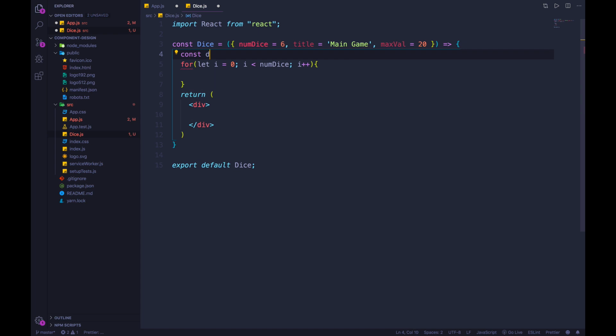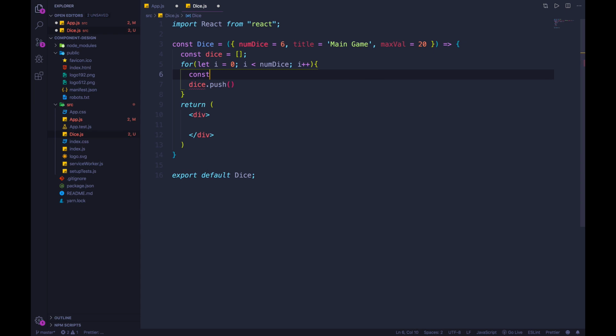What should I call this? I guess just dice, lowercase, will be an empty array. And then I'm going to push into dice a new number that I generate 6 times. So some random number. And to generate that random number, I guess I could make a function eventually, but let's